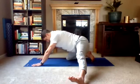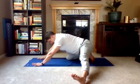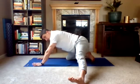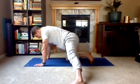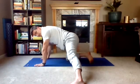5, rock back, lift the toes, freeze, take a breath. All right, coming into your mobility challenge, bring it up here, boom. The mobility challenge is going to challenge you to control the crossbody, and you're still gonna have to breathe in